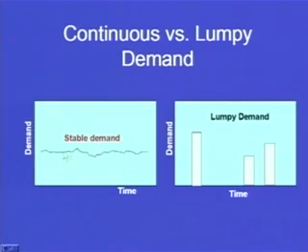Now, this is continuous versus lumpy demand. This is a stable demand, more or less constant, but with lumpy demand you can see sometimes we have very large demand. This is on the x-axis, this is time. At one particular moment of time the demand is high, then there is no demand. After some time again there is certain demand, then no demand, then again some demand. So we can see that if we have a stable demand, the system would be able to adapt very quickly, but if lumpy demand is there, then it is very difficult for the system to become stable, and here is the problem where MRP is going to help us.